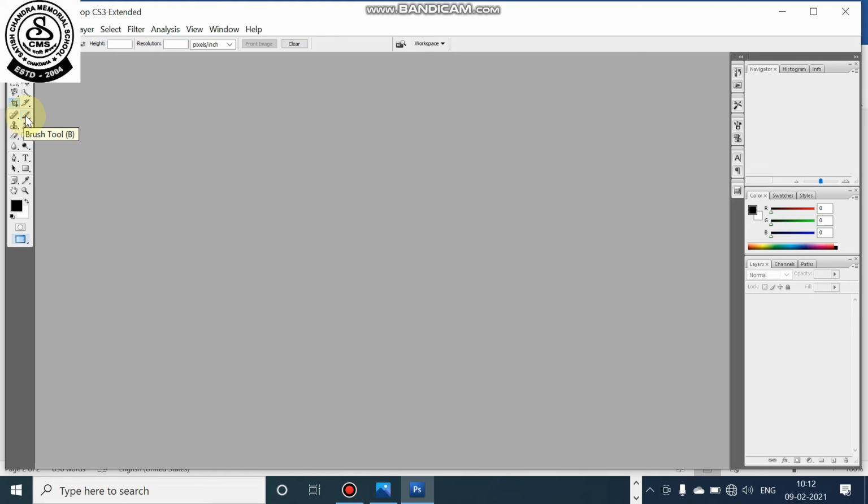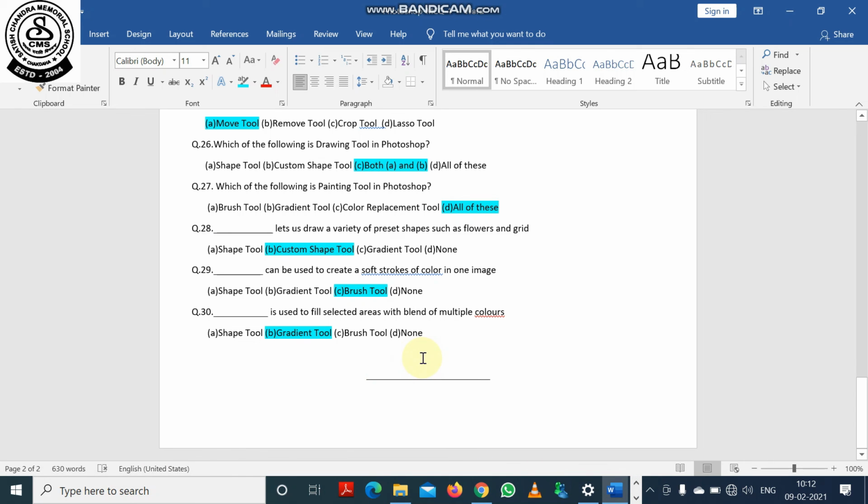This is the brush tool. If you right click, you can see brush tool, pencil tool, and color replacement tool. Many tools are there. So this is the software, and we have completed 30 questions.